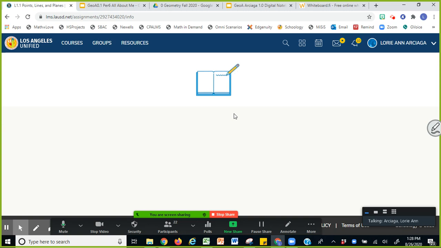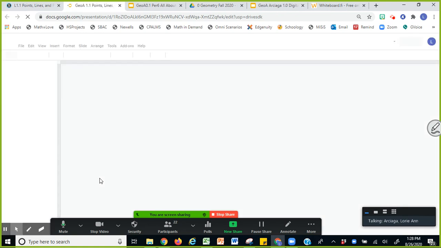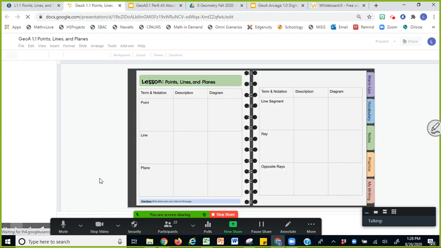Okay. To this assignment, there should be a graphic organizer that looks like this. Opening. And somebody asked earlier about the digital notebook. So this file eventually must be added to your digital notebook. And if you have any confusions about how to combine this with the digital notebook, we will be working on that on Monday. I will be meeting you Monday next week, right? Because next week Monday is even day.